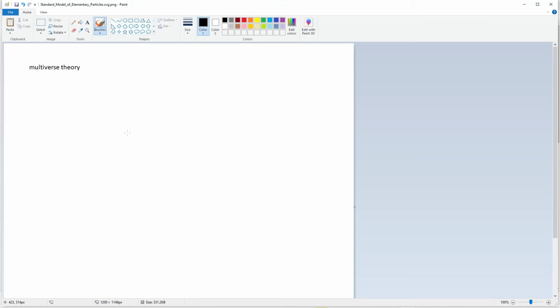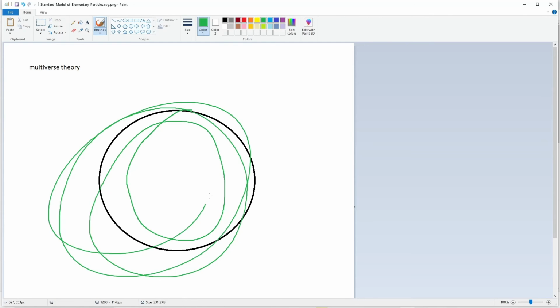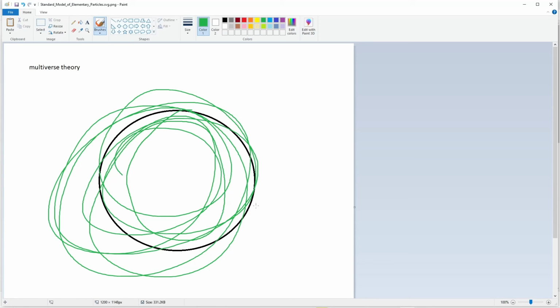And then black holes are basically just those strings stretched out in a circle. This is a bit off topic from multiverse, but say this is a black hole. Oh wow, that's black. Oh no. Okay, yeah. It's just a bunch of strings. Let's just draw some strings in green because that's how they do it in all the videos. That's a black hole,